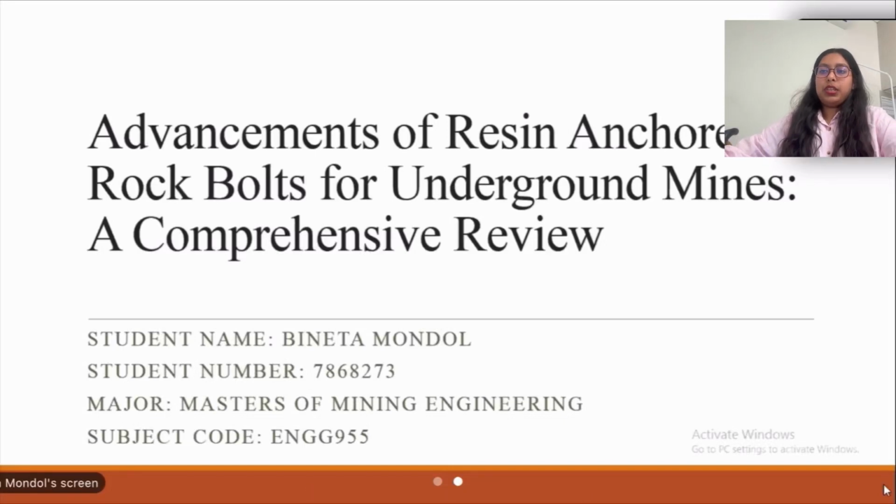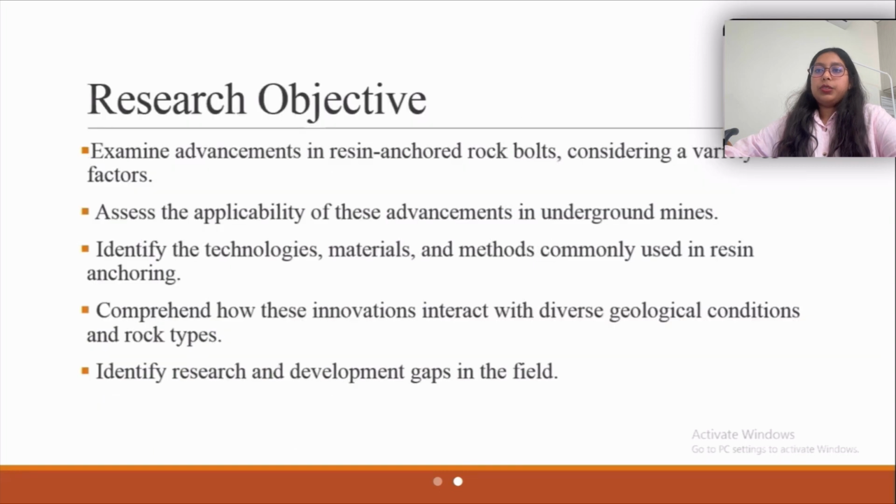Hello, I'm Bineta Mondol, and today I'm going to present the advancement of resin and rock bolt for underground mine: a comprehensive review. This research is done for the engineering research method subject. My research objective is examining the resin and rock bolt, considering a variety of factors and their advancement in underground mines,